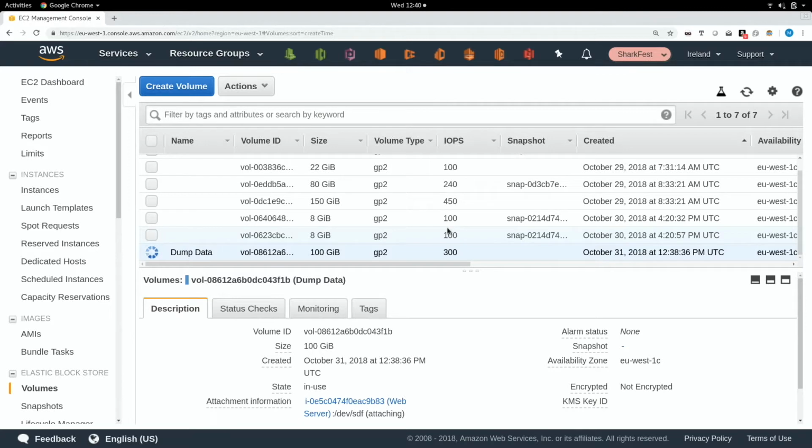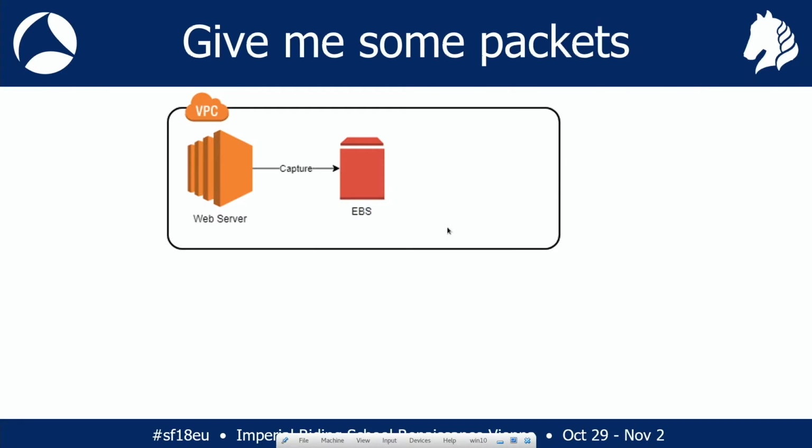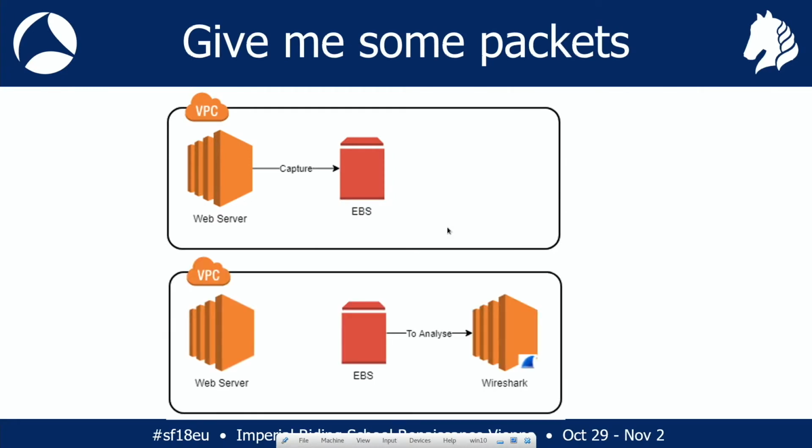So you've got your 100 gigs worth of data. Well, obviously the simplest thing to do would be to FTP or SSH copy and get all that data off that drive. Obviously, going back to the cloud, that makes it easier. With a few clicks, we can detach our storage from our web server and then reattach it to another machine that we've got Wireshark on. So we can then start analyzing packets that way, which is great.